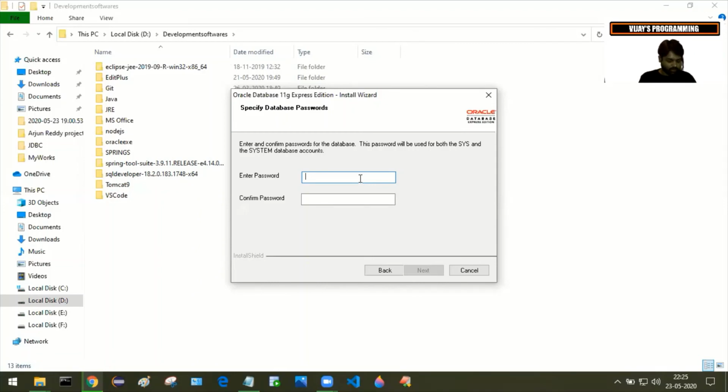In my case, I'll be giving something like grant 123. You just need to repeat it in the confirm password section. That's it. Grant 123. Hit next.